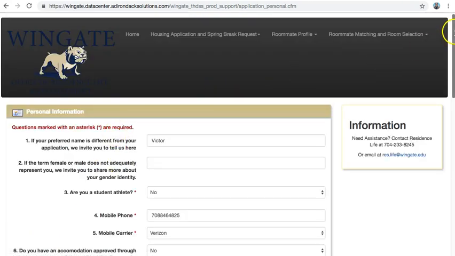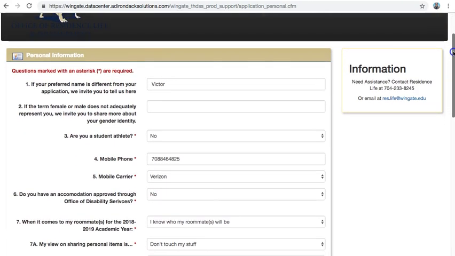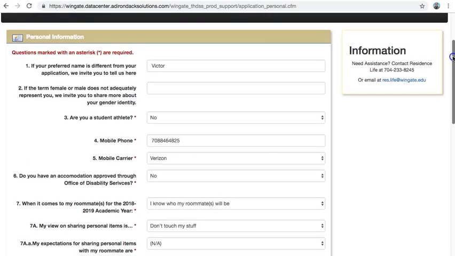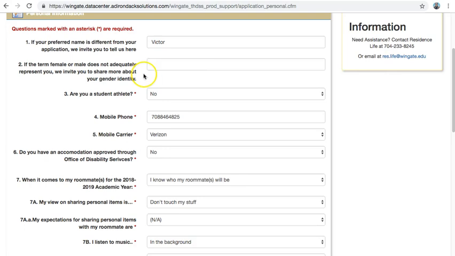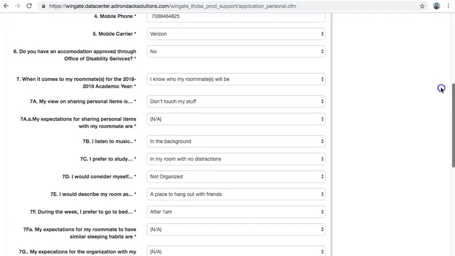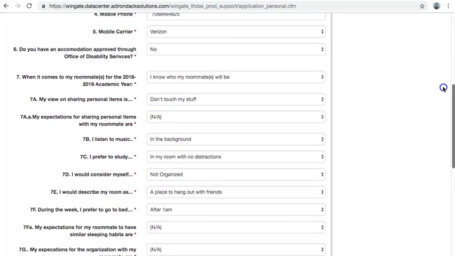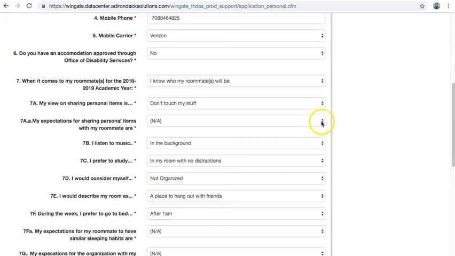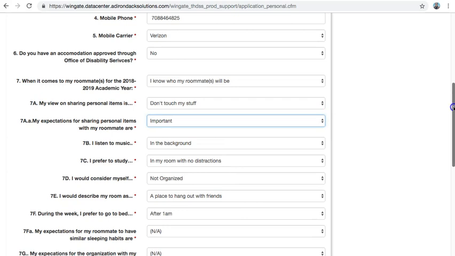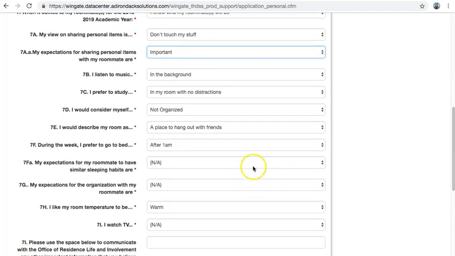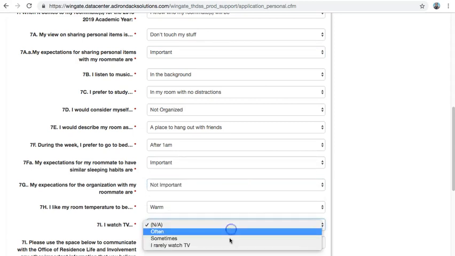And then you will fill out some supplementary information, beginning with your contact information. You will have the opportunity to share more about your gender identity and select some questions based on your housing preferences, such as my expectations for sharing personal items with my roommate, expectations for sleeping habits, room organizations, television habits,